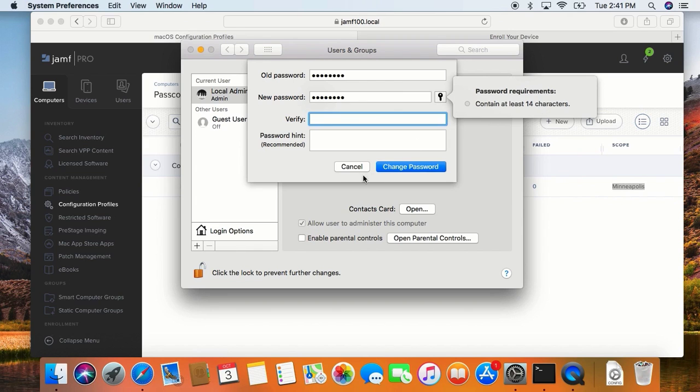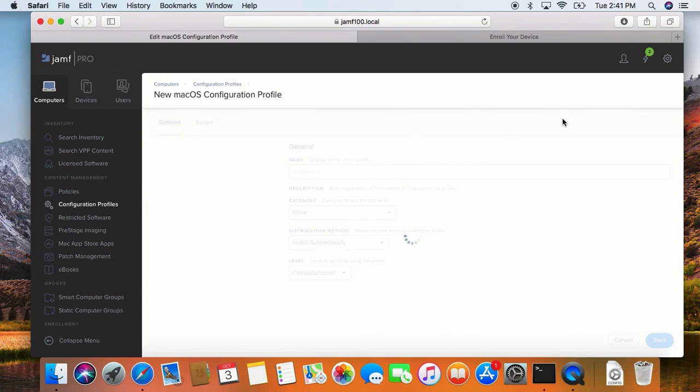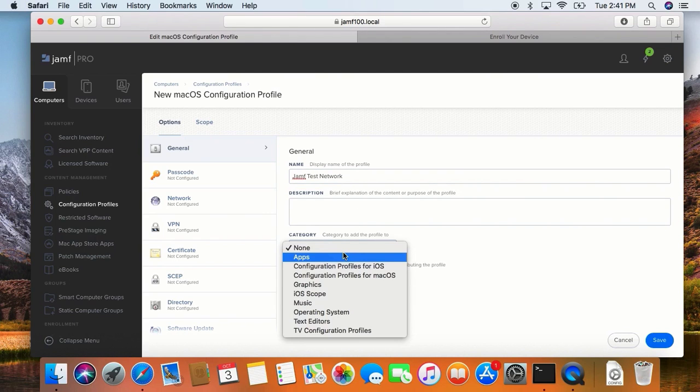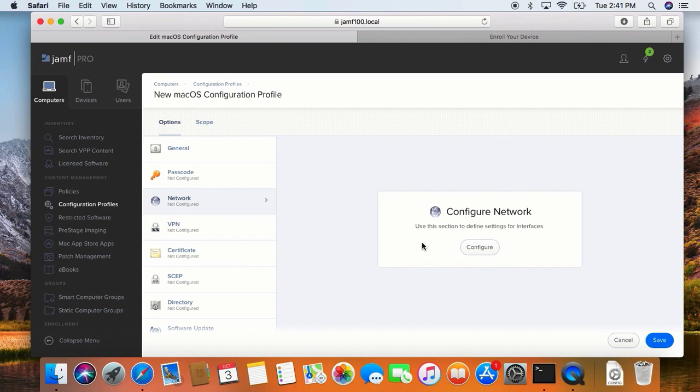Let's create another configuration profile, one with the network payload this time. Again, I'm going to click New at the top right, provide a name and a category, and configure this to install automatically. Beneath passcode, I'll click on the network payload, click Configure,